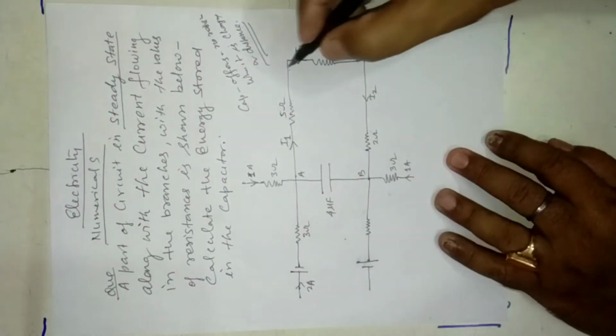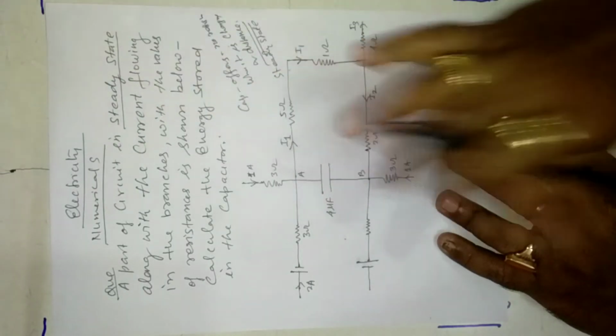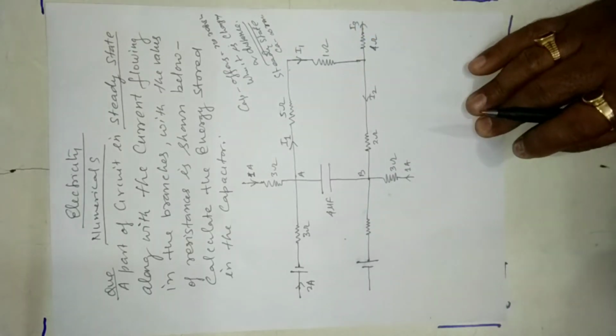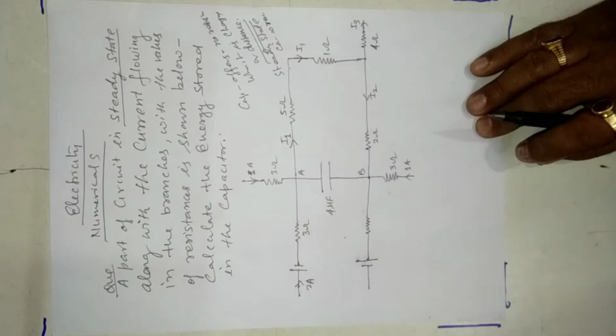And when it is in a steady state, so this circuit is in a steady state, capacitor offers infinite resistance. Mind it, इसको ध्यान में रखना है. कैपेसिटर उस स्थिति में, when it is in steady state, it offers infinite resistance. Steady state means it has got fully charged. At that time it blocks the DC current. So DC current will not pass. That means it offers infinite resistance.